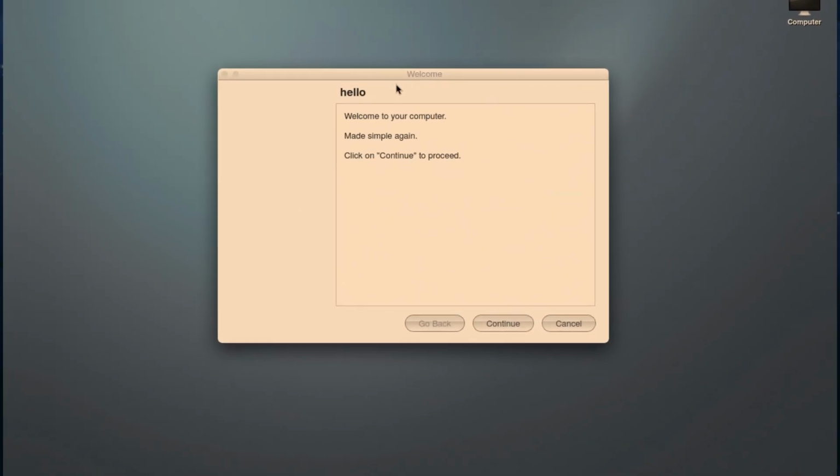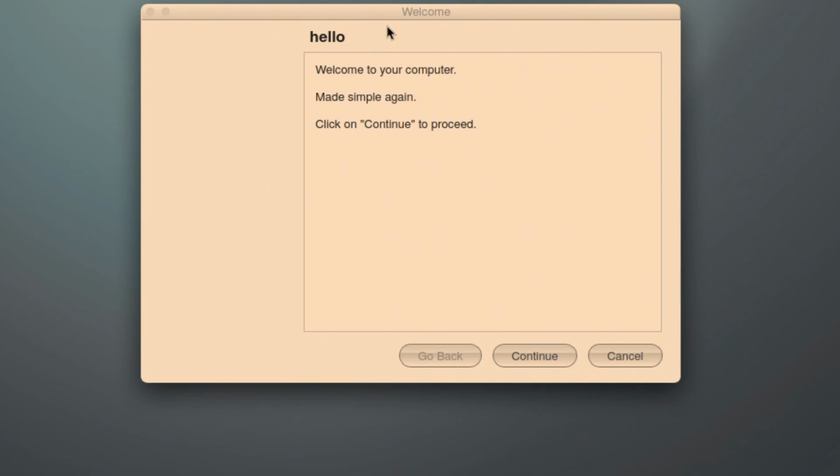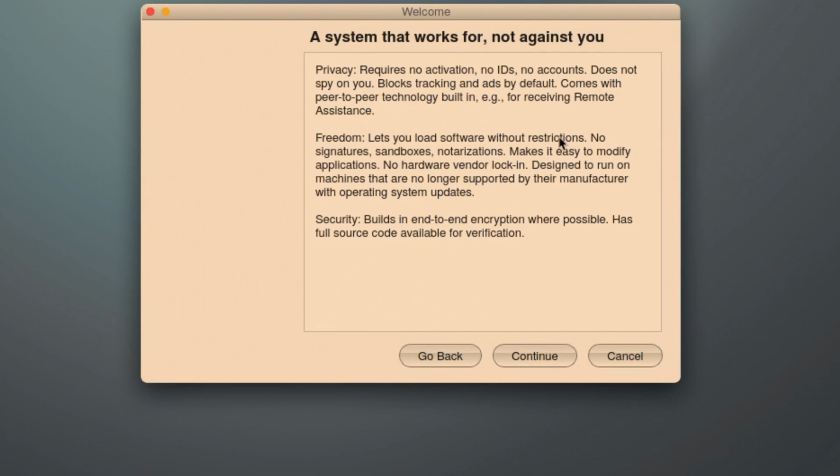Right, we're going to have a look at the welcome screen. Welcome to your computer. Made simple again. Click on Continue to proceed. A system that works for you and not against you. Privacy requires no activation, no IDs, no accounts, does not spy on you, blocks tracking and, by default, comes with peer-to-peer technology built in,